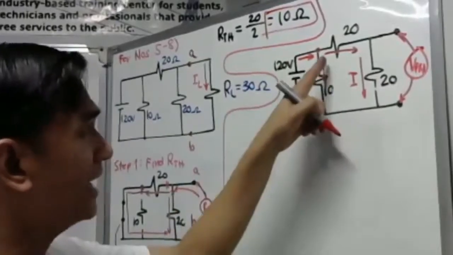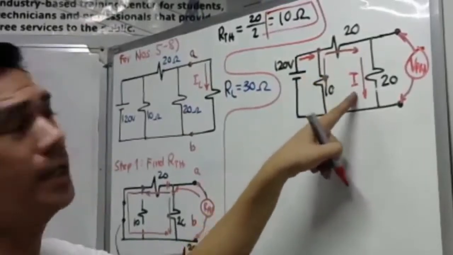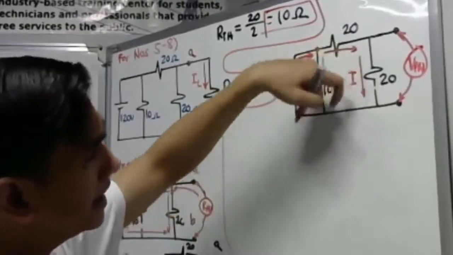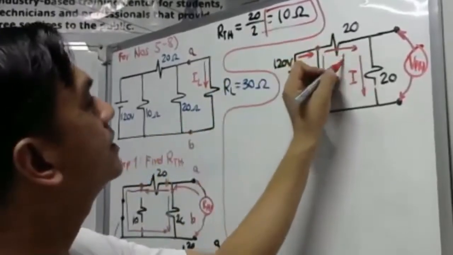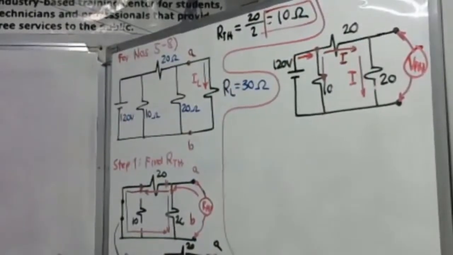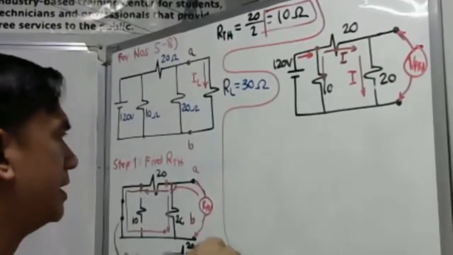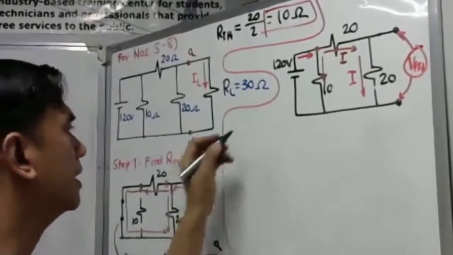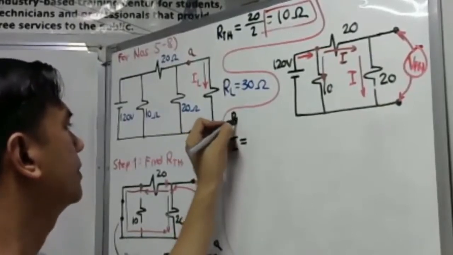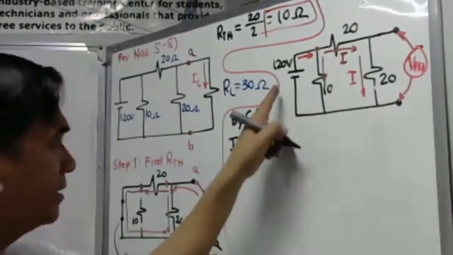Question, what is this current? Of course, this current is also this current, because the 20 and 20 here are just connected in series, right? So, I din yun. This is also I. Okay? So, we can now get the value of I. How is it? So, our I, by current divider theorem, our current I is simply equal to,